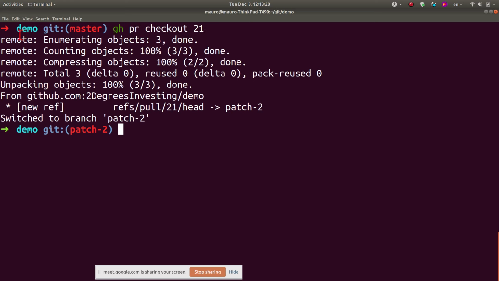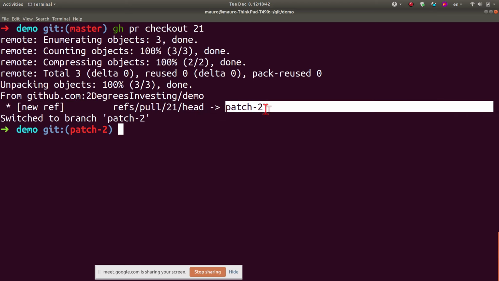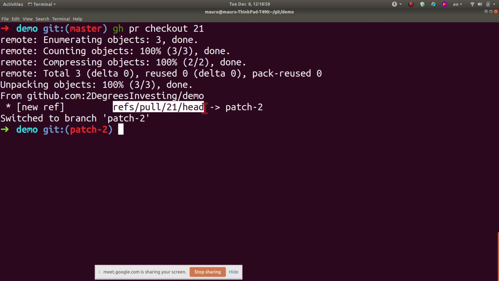And as you can see, it has done a lot of work for me. In particular, this is the one-line thing that makes everything happen. So it has created a reference. For short, it's going to call it patch 2, which is the name of the branch that the user created to make this commit or to host this pull request, including in this case one commit. But internally, Git knows that this is a specific connection to a pull request, right? And this is the trick. So now,